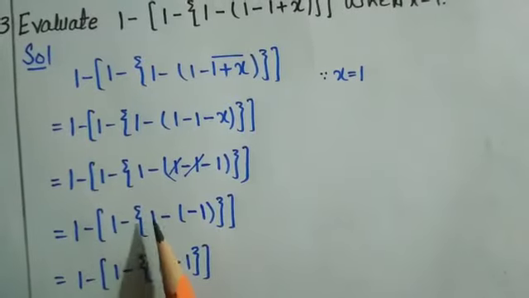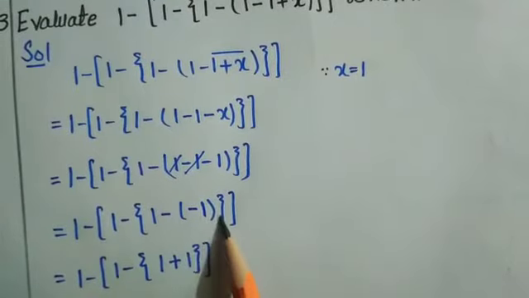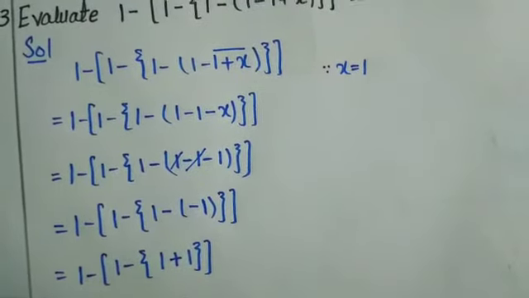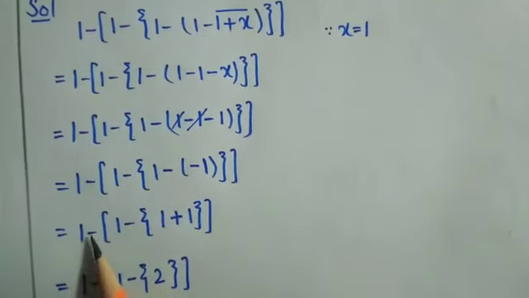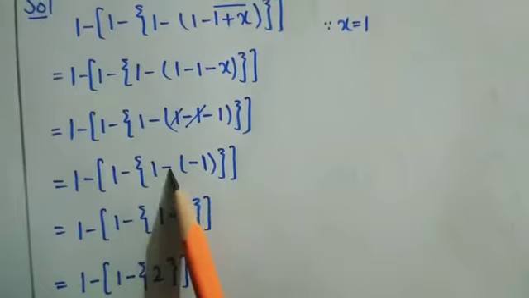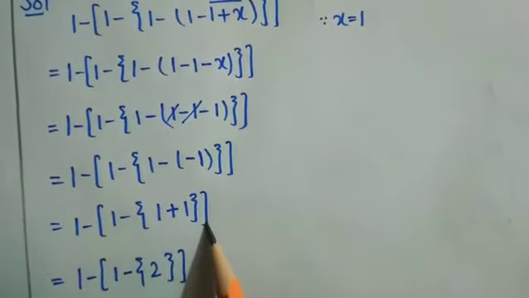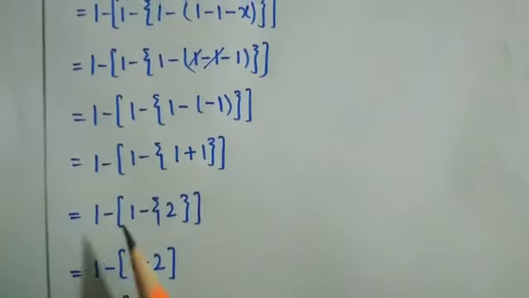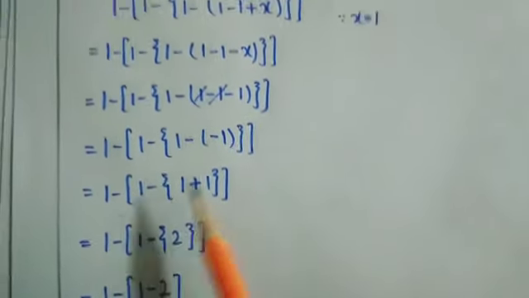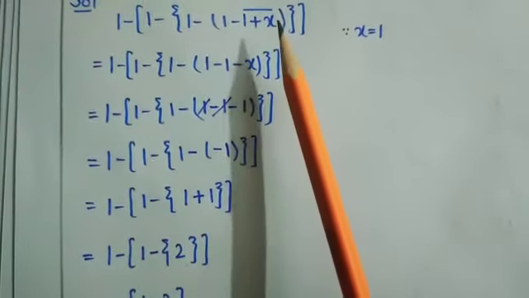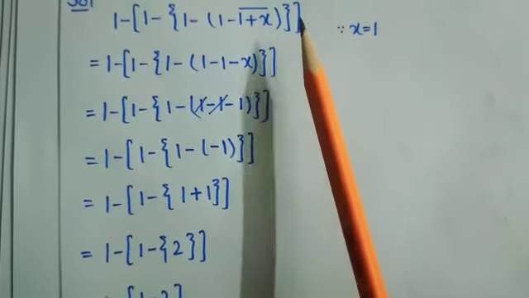This is as it is: negative 1 in negative small bracket, negative 1 small bracket close, curly bracket close and square bracket close. Further we open and solve this small bracket. What we have is this value as it is, negative times positive 1 plus 1, curly bracket close and square bracket also close. Further we solve: this is as it is, 1 plus 1 is 2. You know that, student, first we solve the bar, second the small bracket, further we solve the curly bracket, and the last one is the square bracket.